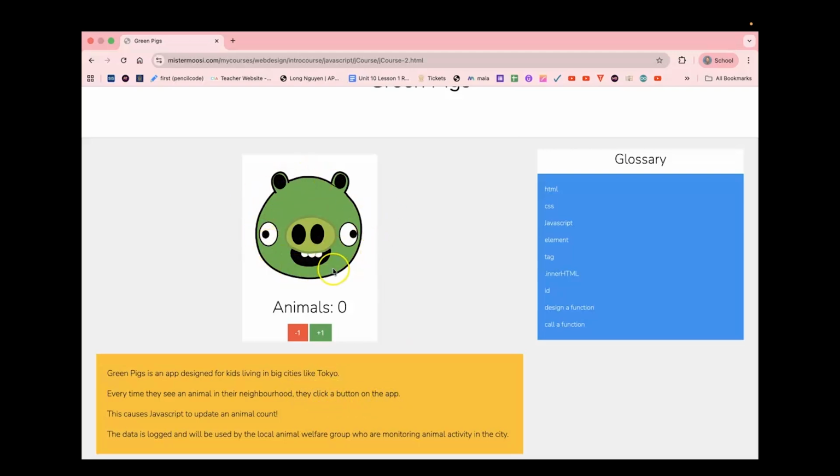We've got an image here, so I'm guessing in HTML we're using the img tag. We've got some information here. Looks quite big. I'm guessing we're using the h1 tag. And we've got two buttons. When we click the +1 button,